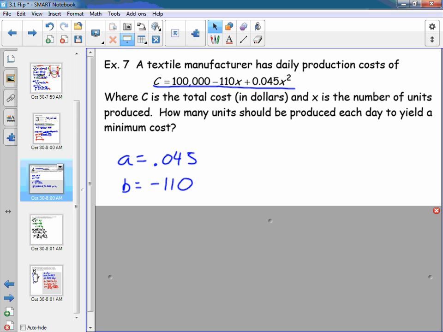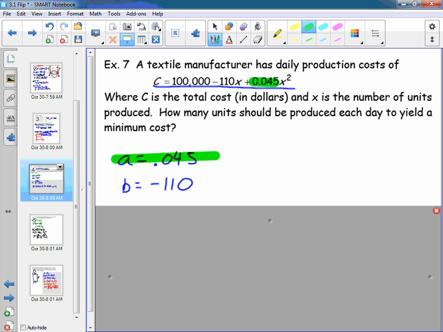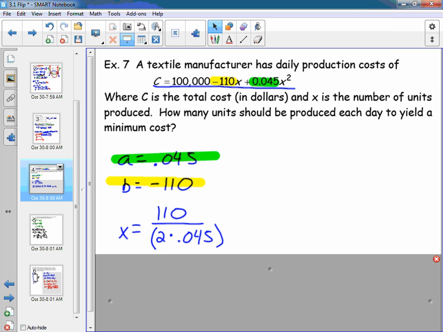So in this case, you got to be careful. A, again, is the value that is in front of x squared. So there's our value of a. And then in this case, our value of b will be negative 110. All right. So continuing on from that point, x will equal 110 over 2 times 0.045. Again, it's just positive 110 because it's negative b over 2a. When we simplify that,